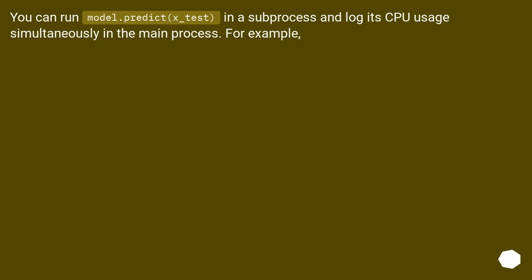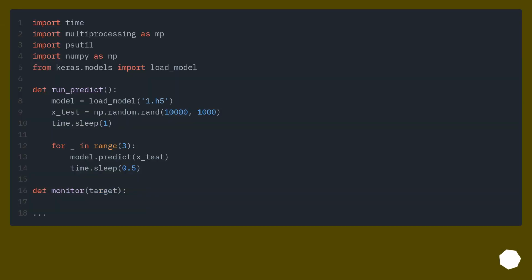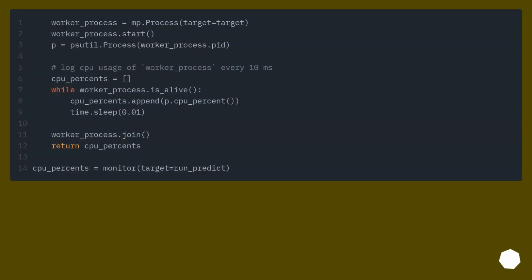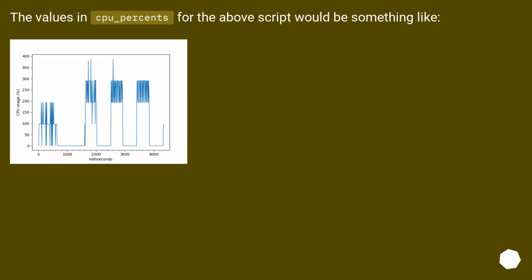You can run model.predict(x_test) in a subprocess and log its CPU usage simultaneously in the main process. For example, the values in CPU_% for the above script would be something like